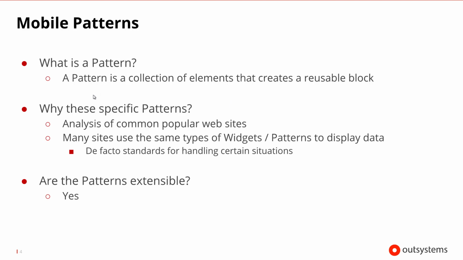So if it's pre-existing, then why were these specific patterns created, and why did we choose these? Well, if you remember back in the SilkUI overview, there was an analysis of common popular websites, and those sites seem to use the same types of widgets and patterns over and over to display different types of data. In certain situations, there are patterns or widgets that are the de facto standard for showing or displaying different types